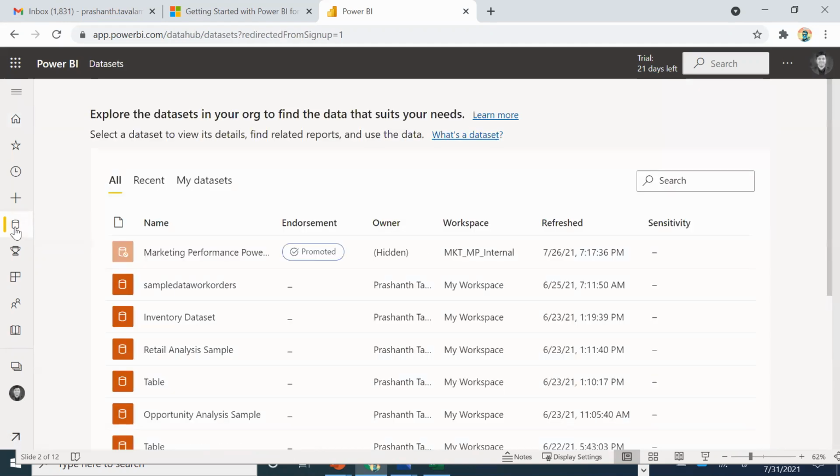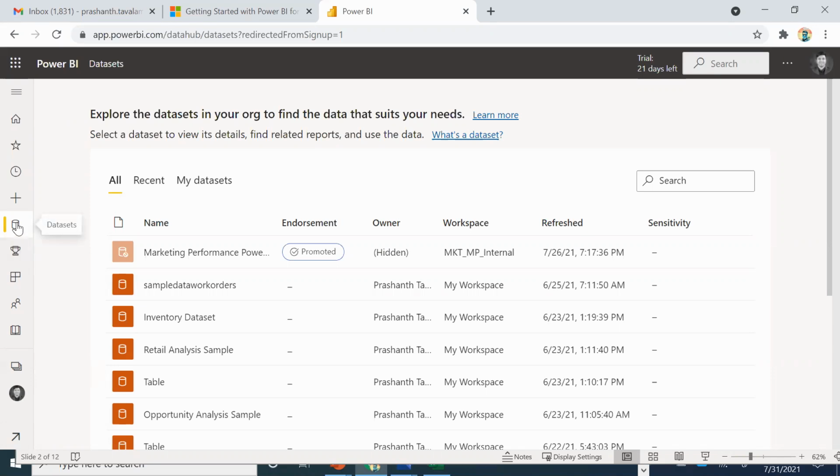Data sets is nothing but, can I combine multiple tables like work order information, customer information, can I tell you that for which customer in the last 6 months, how many such work orders were raised? So I need to take customer information, which is a separate table. Then I will take work order information, which is a separate table, and try to maybe link that and combine that information and create my own data set. Data set is when you're tapping into different sources of information, combining that so that you can slice and dice and create intelligent reporting.